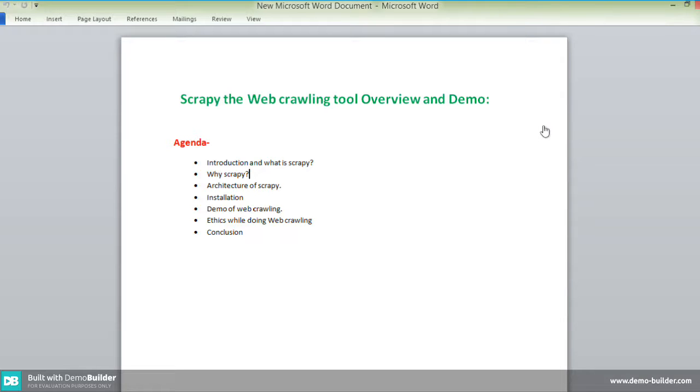Scrapy is built 100% on Python. It's a portable, open source Python package, and it runs on Linux, Windows, Mac, and FreeBSD. The installation and running of a Scrapy spider may differ by platform, but it runs on every platform.